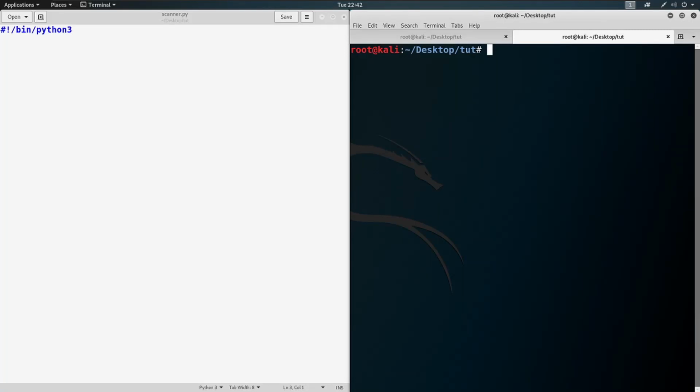In this video, we are going to write a simple basic port scanning script using Python. And here we are going to use command line arguments and we're going to import the same. So let's begin. Here I have already created a file named scanner.py and I have declared that we are